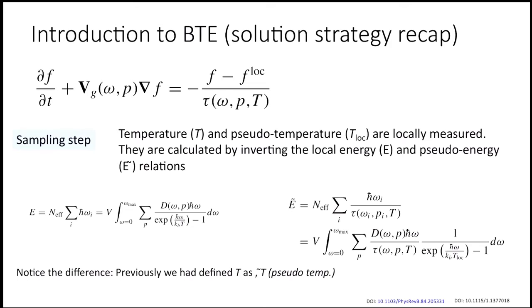Okay, so here was the major difference, and here is the step you should pay attention to. This is the sampling step, and we should carefully look at the variables here, because that would become critical for tomorrow's assignment, or hands-on exercise. There is a temperature T, and then the pseudo temperature, what we are also calling T local. So how are they obtained? In the last class, we equated this energy, whatever this effective number of particles was, and we knew in one particular cell how many phonons there were.